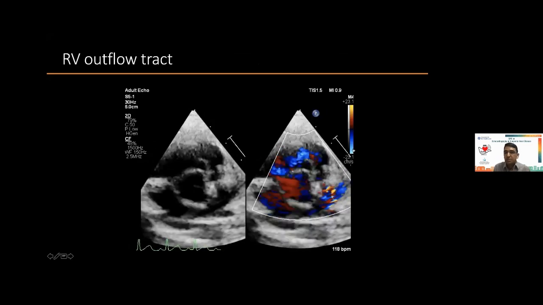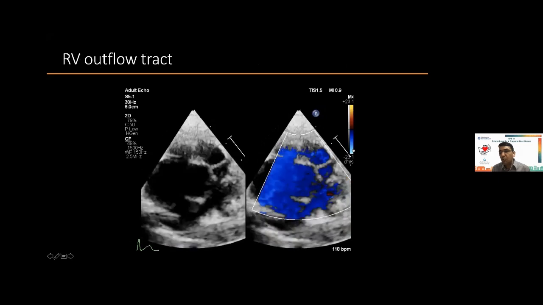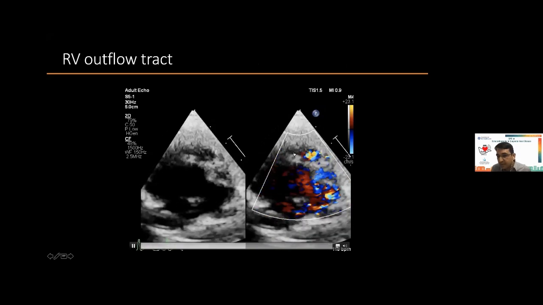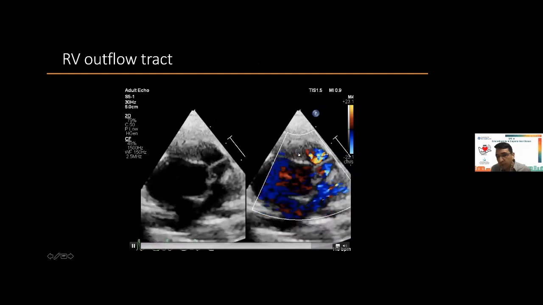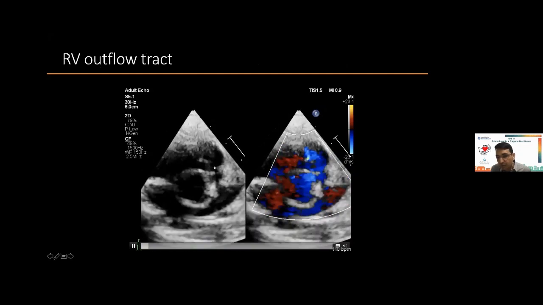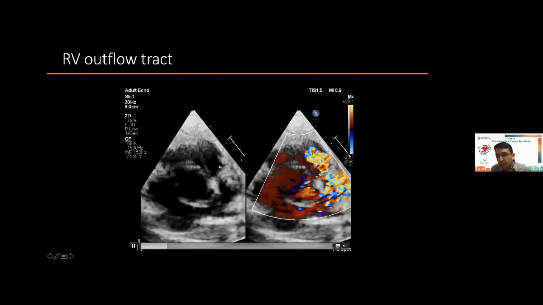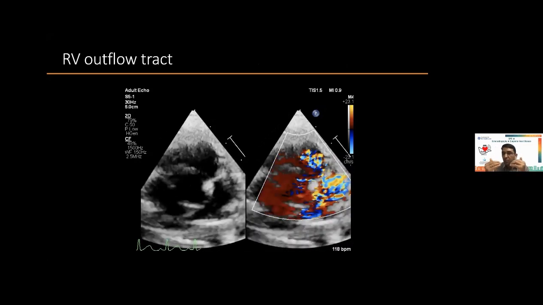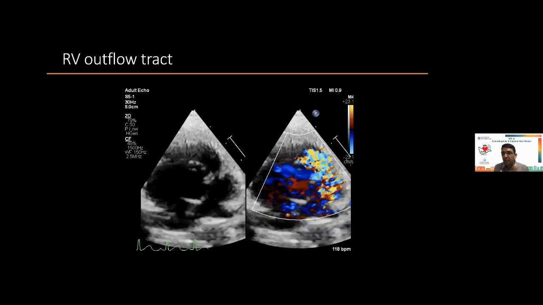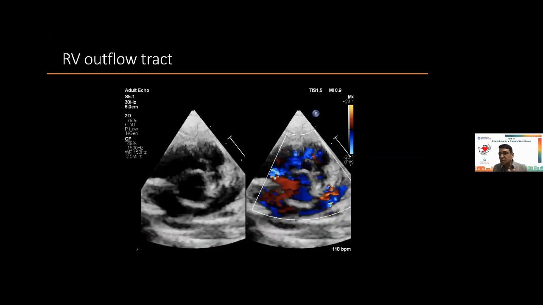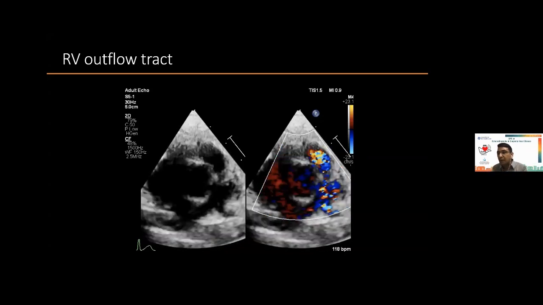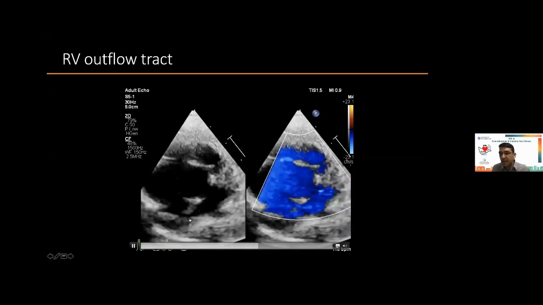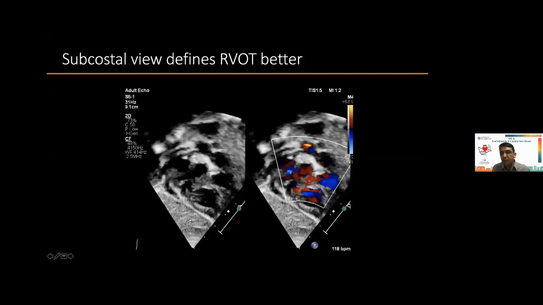Now, then comes the evaluation of the right ventricular outflow tract. As you can see over here, the turbulence starts quite below the pulmonary valve. This is the site of the pulmonary valve. As you can see, this pulmonary valve is moving nicely. The leaflets are thickened, but it's moving well. So there is infundibular obstruction, which is much more than the pulmonary valvular obstruction. And then you can see MPA is of good size, RPA is reasonable size, and we'll further see